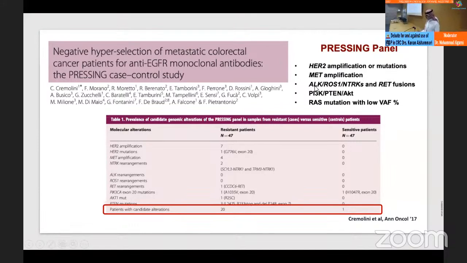Now, in colorectal cancer, there were also ALK, ROS, NTRK, and RET fusions, and PIK3CA, PTEN, AKT, and RAS mutations, which were found at low variant allele frequency of detection. And all of these mutations were associated with resistance to anti-EGFR monoclonal antibodies. So she looked at resistant patients and sensitive patients, and 20 out of 47 patients, so probably 40%, had positive pressing panels. So they had one of these mutations, which conferred resistance to either cetuximab or panitumumab in the